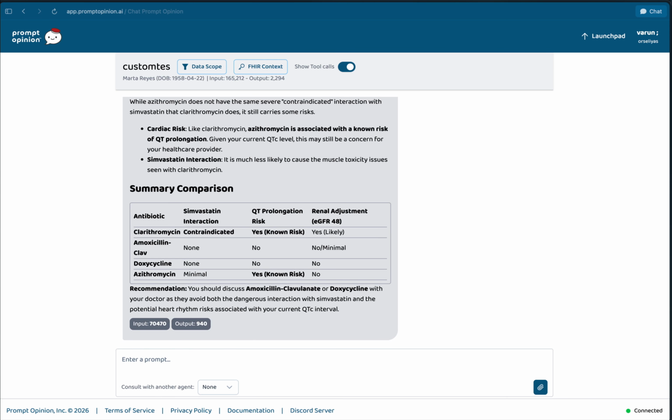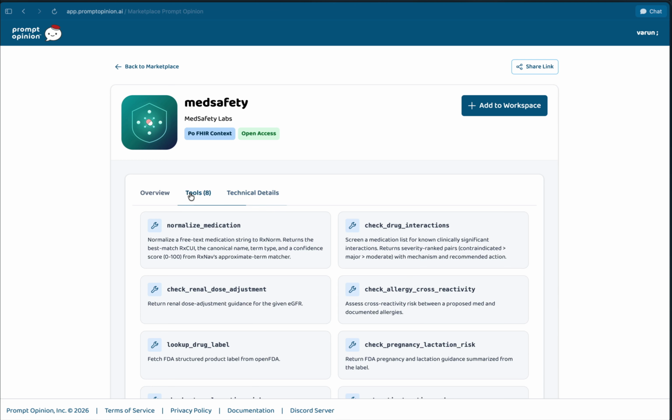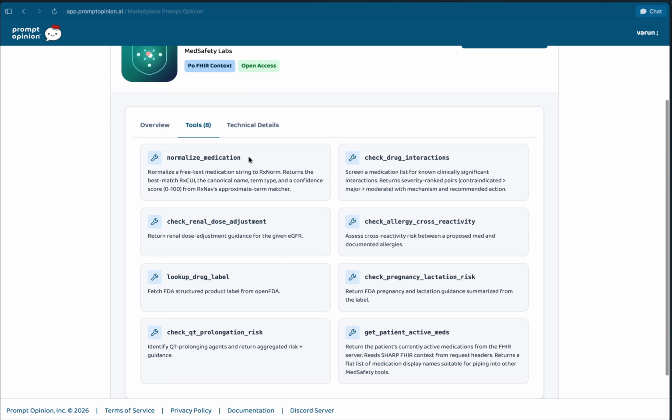All of this MCP server is actually hosted on the marketplace. All of the 8 tools are hosted, and they're working fine. I've added test